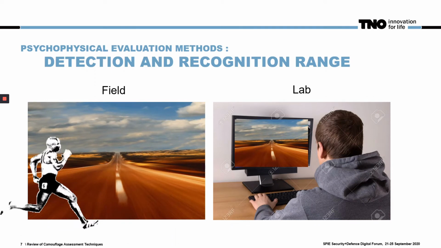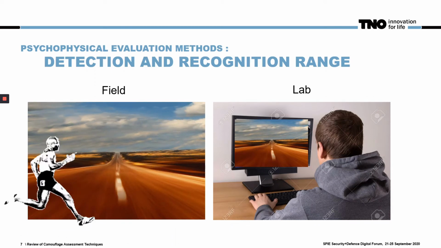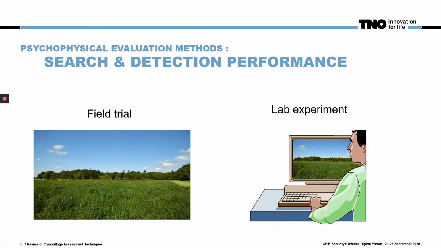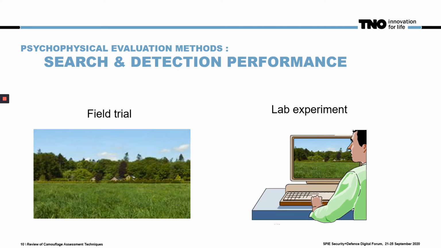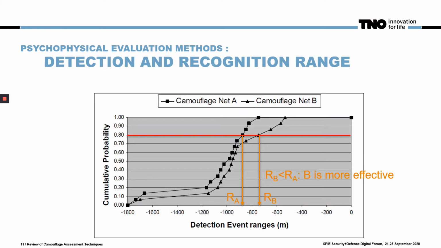Unlike field trials, which require a physical approach to the target, lab studies make it easy to measure detection and recognition ranges simply by simulating approach sequences, or by varying the simulated viewing distance. Effective camouflage measures should decrease the detection range. In this example, camouflage measure B is more effective, since the observer needs to approach the target closer before it